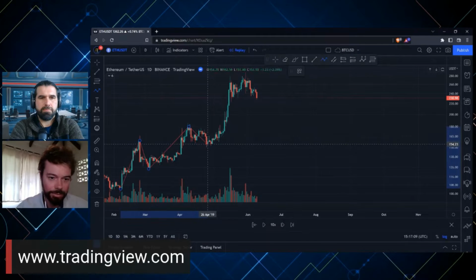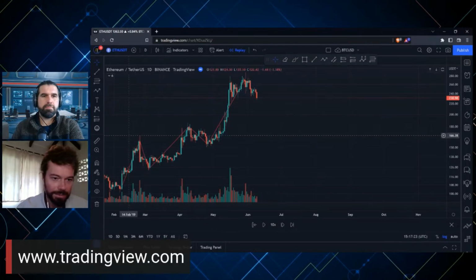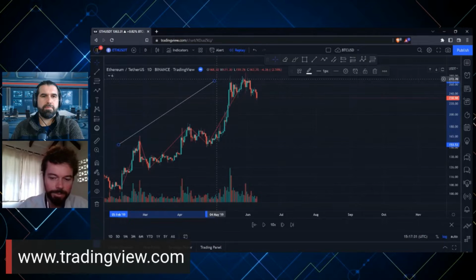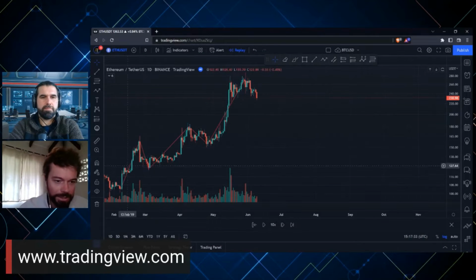And then another pullback. And then here you can argue that you have an impulsive move here, pullback, impulsive move. But for the sake of making it easier, we're going to go straight all the way up here, okay? So here we can clearly see that we have an uptrend, okay? So the trend is going all the way up because we have